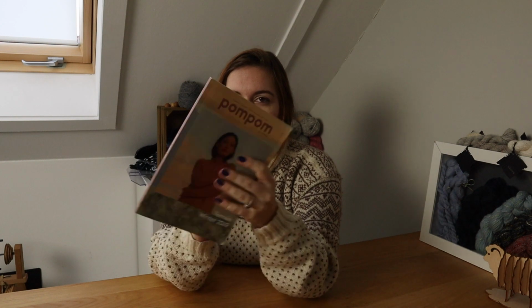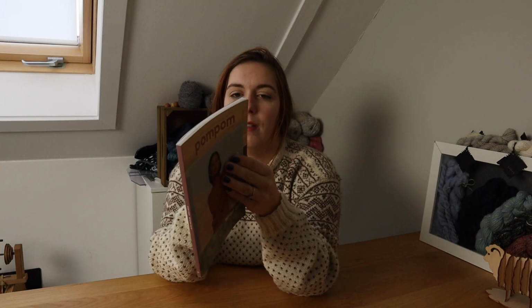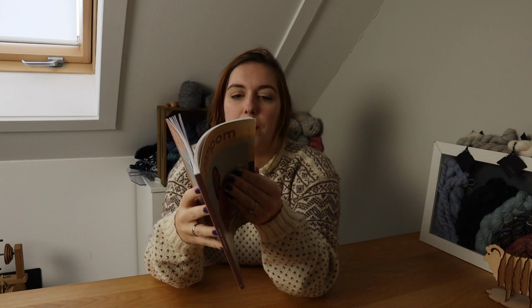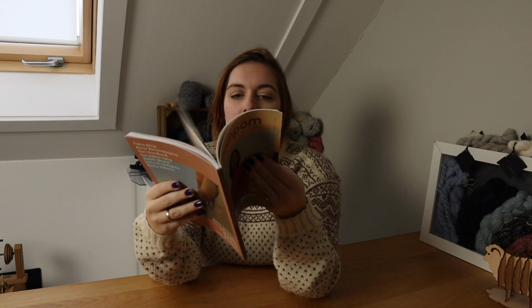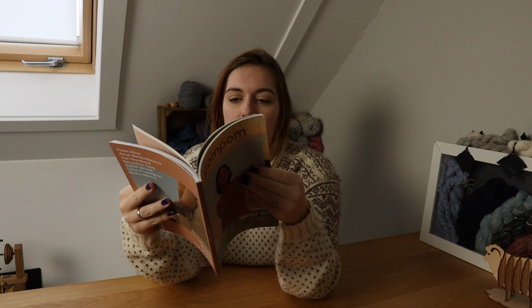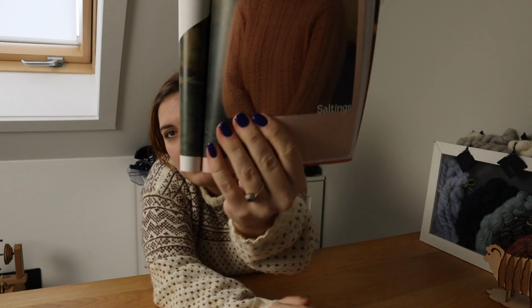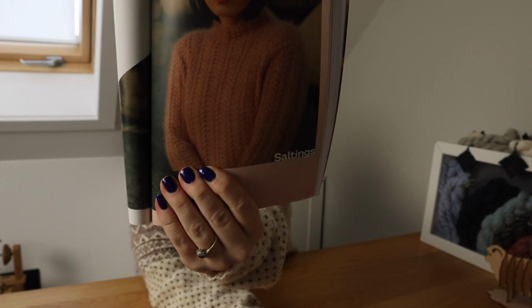And from the moment I saw this issue, I wanted the sweater that was on the front. And let's see if I have better pictures on the inside. I think they're almost the same, but it's just super beautiful with a cable pattern, and I just fell in love with it. But I couldn't figure out if it was the pattern or the color or the combination, and I think it's the combination. So I also knew that I wanted a light pink color for this sweater, and